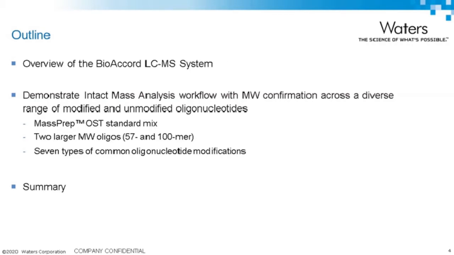and unmodified oligonucleotides. These compounds include the Waters MassPrep OST standard mixture, which contains 5 oligonucleotides, deoxythymidines. Then I'll show some examples with larger oligos, a 57 mer and a 100 mer oligonucleotide, and I will then be discussing several oligonucleotide modifications, most of them common types of oligonucleotide modifications encountered in the